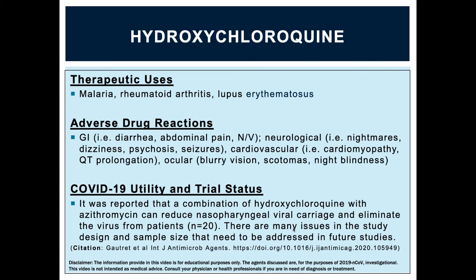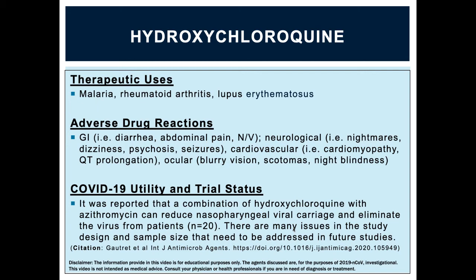Despite being portrayed as being a benign agent, it actually has quite a number of adverse drug reactions. A few of those are listed here, including GI effects such as diarrhea, abdominal pain, nausea, and vomiting, neurological effects such as nightmares, dizziness, psychosis, and seizures, and importantly, cardiovascular effects such as cardiomyopathy and QT prolongation. The cardiomyopathy is notable because this is one of the primary ways that people infected with the 2019 novel coronavirus